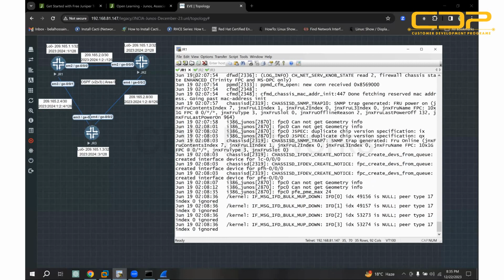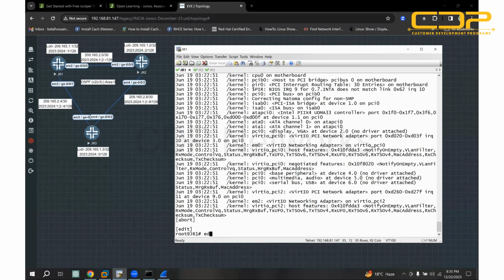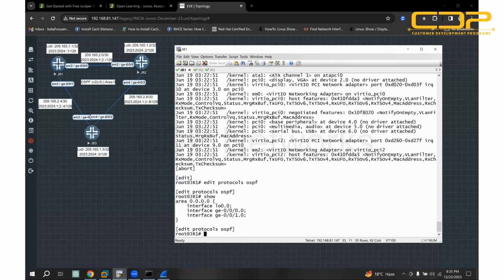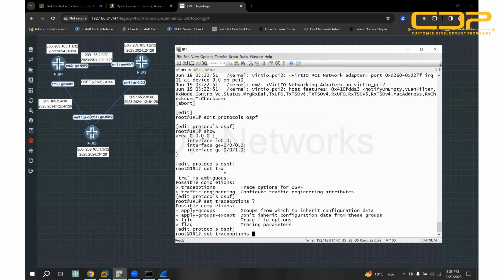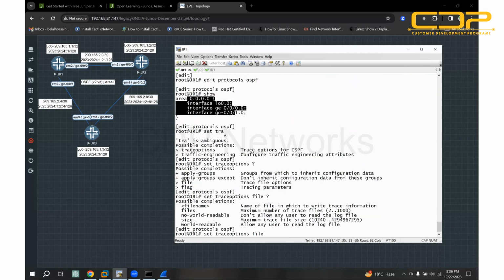Okay. If you see protocol OSPF, and you create the debugging set trace option, it is used for debugging the message. I want to see the OSPF packet for router 1 or OSPF version 2. So I set a trace option, then file, then set the file name. The file name is just trace